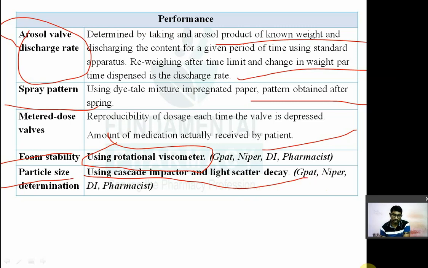क्वेश्चन इसके ऊपर आता है, फोम स्टेबिलिटी कैसे मेजर करेंगे, पार्टिकल साइज कैसे मेजर करेंगे, जो मीटर डोज इसका एक्सेप्टेंस क्राइटेरिया क्या है, if capacity of your meter dose is a 54 microliter then it is a 10% minimum, if capacity of your meter dose is around 150 to 200 microliter then the 15%, okay, you have to remember that. Okay, this was today's